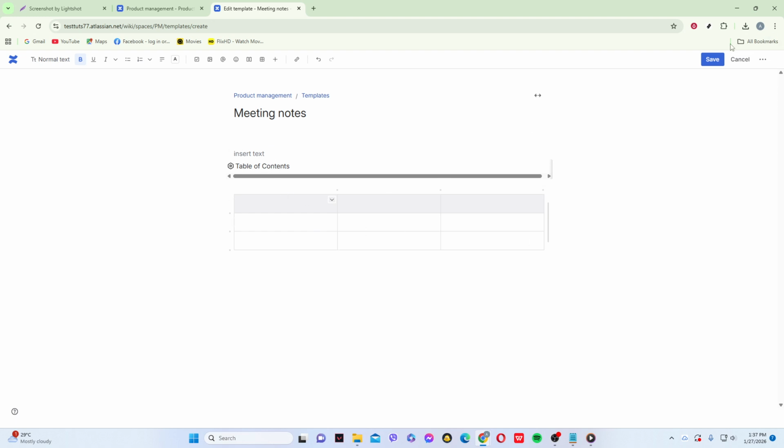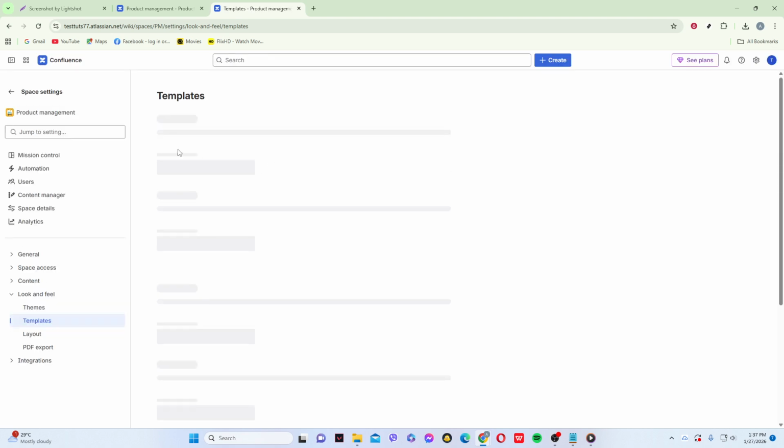When you're happy with the layout and guidance, hit Save. Your template will now be available in this space whenever someone creates a new page, helping your team work faster